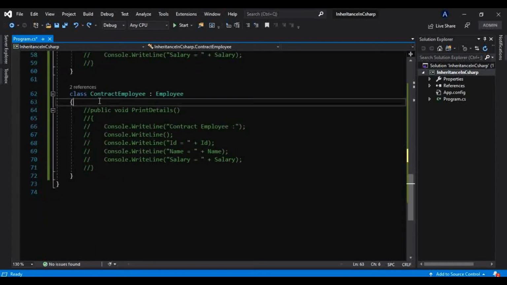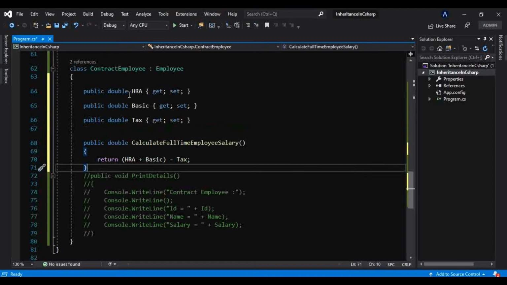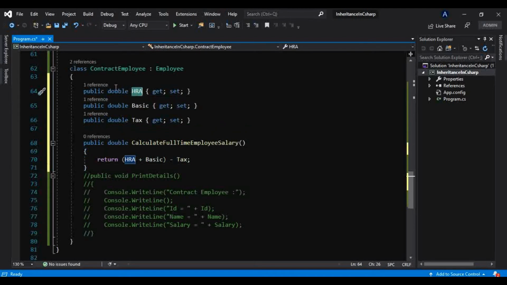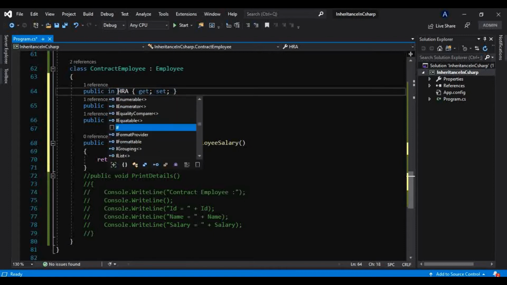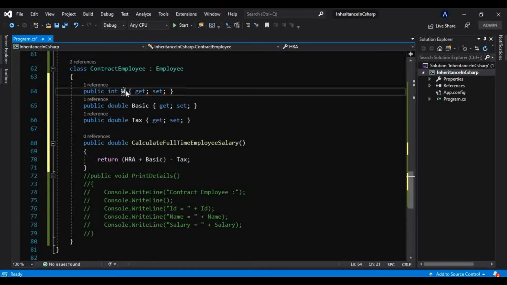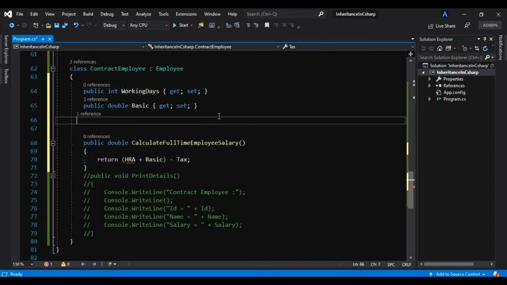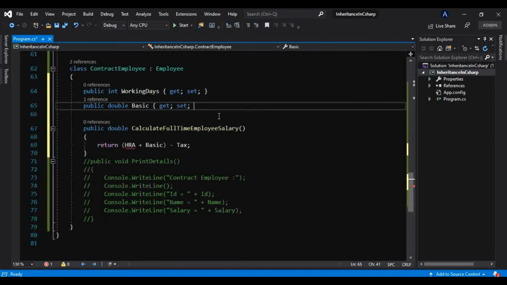A contract employee can have a different logic and different properties to calculate the contract salary, and that can be working days, like this, as well as the per day rate that is set by the company.